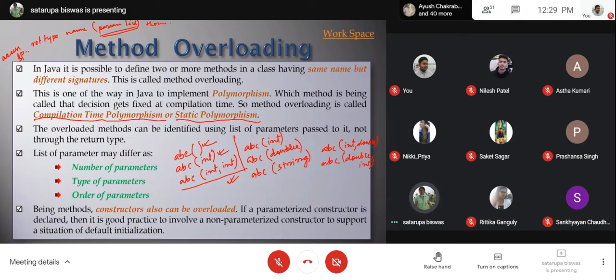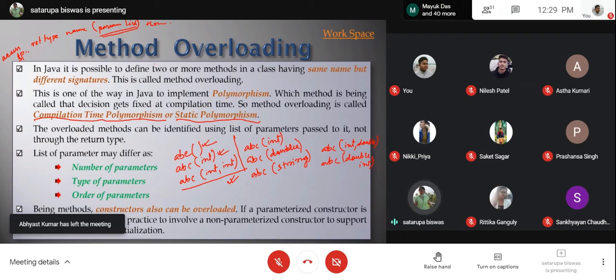So in that case, it will be generating an error. To get rid of that problem, you can have a non-parameterized constructor also along with a parameterized constructor, so that if the user forgets to pass any value through the constructor, the initial values will be preset inside the instance variables.